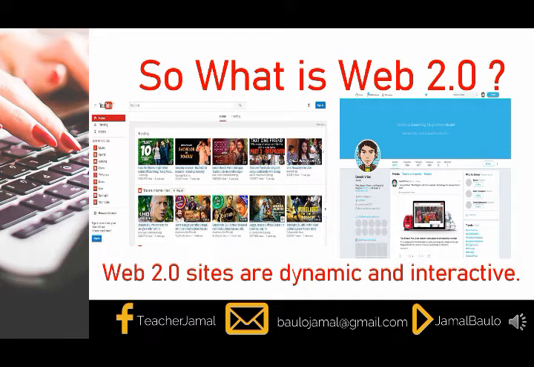So, interactive sila. You can post, you can comment, you can use an account, you can sign in, you can log in. So, own mo, no? Kumbaga kung mag-log in ka, sarili mo yung account. Sa'yo yung account. And you can post, you can comment, you can have your My Day, for example, on the Messenger. So these are examples of Web 2.0. So understand? Okay, very good. Now let us proceed.